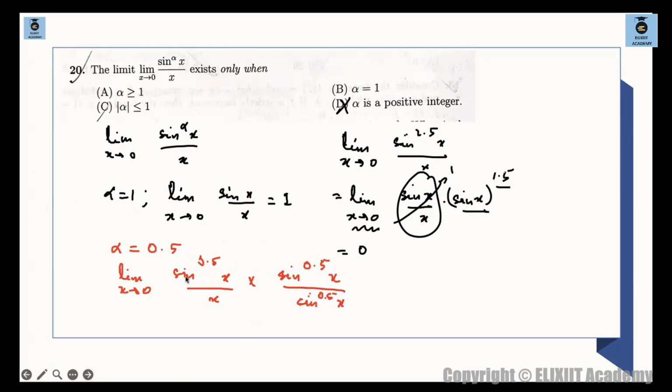The numerator will become what? The numerator will become sin x. This quantity will become sin x upon x. So limit x tending to 0 of sin x upon x